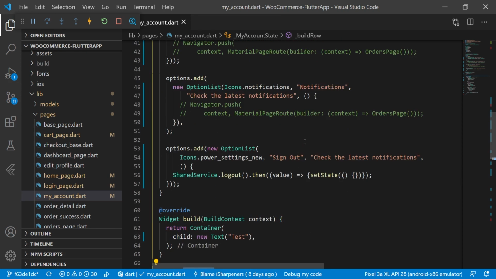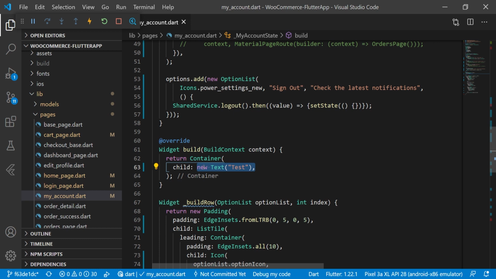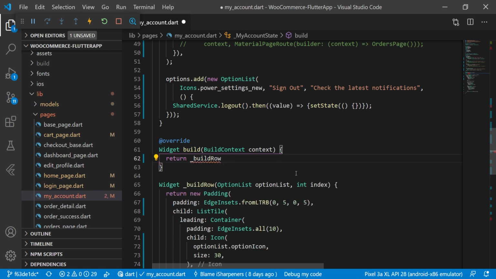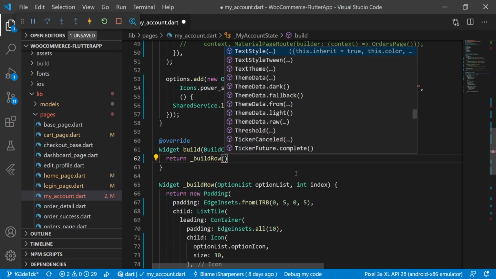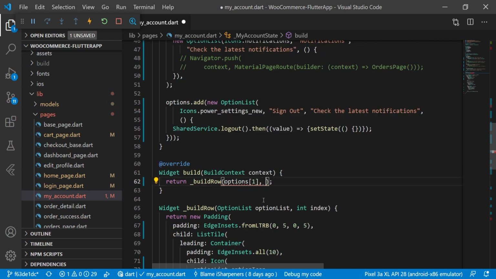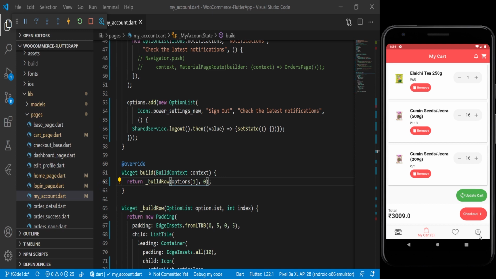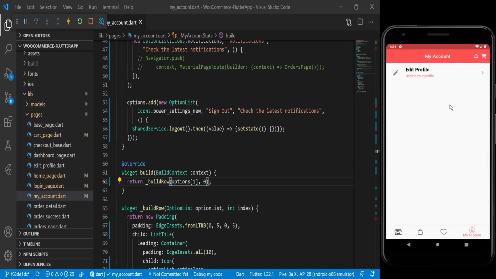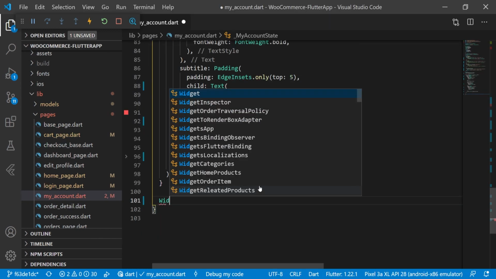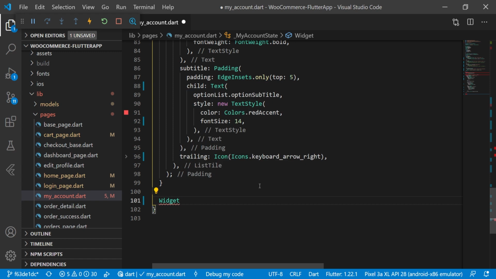Then we will map it with the ListView, and here we will pass buildRow, and the option list we are passing here. So now you can see in the screen the layout is coming properly. So now we will map it with that ListView. So here we will create _visitListView,